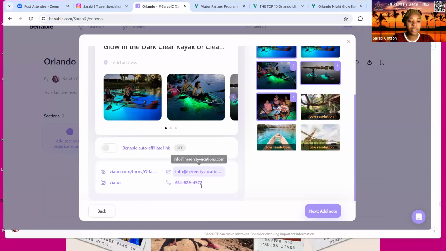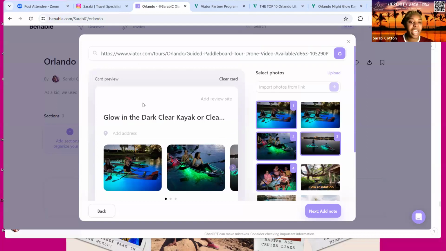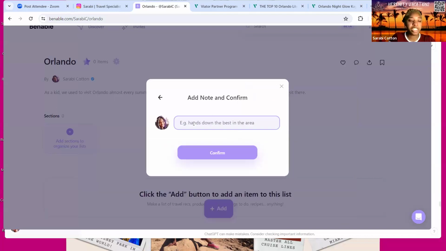All right, so I have my contact information there, and sometimes it gives you an option to categorize it, but it hasn't on this one, so I don't need to worry about it too much. Now I'm going to click and hit next, which is the add note, and just basically talk about it, maybe 2 to 3 sentences. And then on some of the ones that were like I just don't know, I just clicked on something,